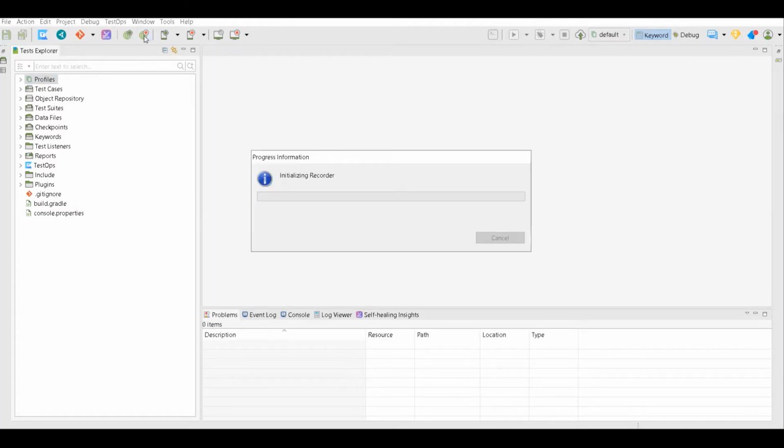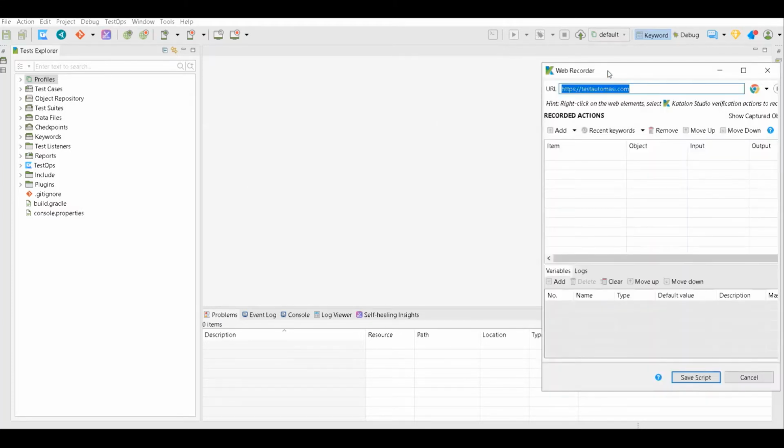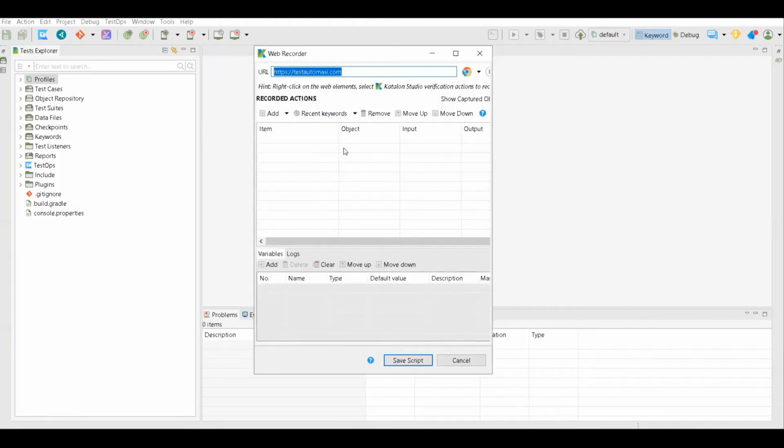So when you click on record, you would see this particular web recorder. Can everyone confirm? You can see that by typing 3. You need to put the URL as test automation. So we'll try to automate the same test case which we tried in Selenium sessions, right? Open website, click on profile, enter username, password, click on login, and verify that the username is correct, right?